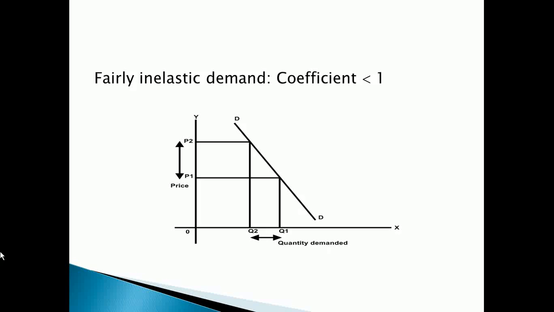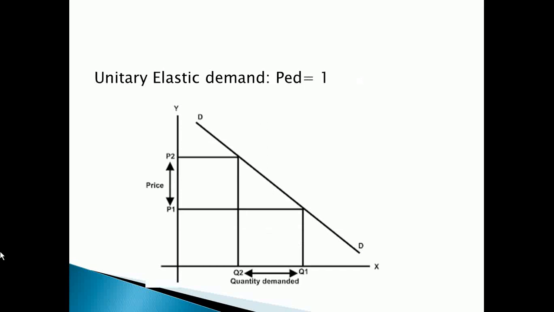Elasticity of demand also can present itself as perfectly elastic or infinitely elastic demand, where irrespective of changes in quantity demanded, price remains the same. Or perfectly inelastic demand, a situation whereby, irrespective of the changes in price, quantity does not change. And this kind of elasticity of demand is equal to 0. So these are different ways we can interpret the result of price elasticity of demand.